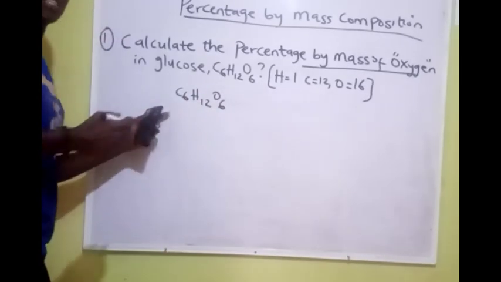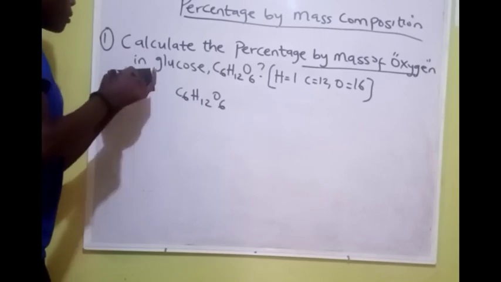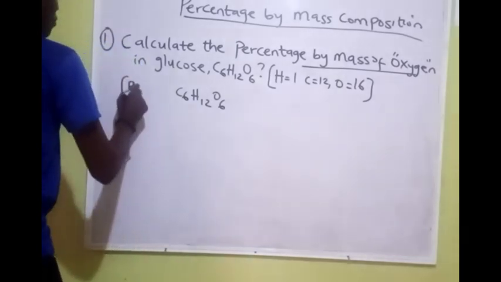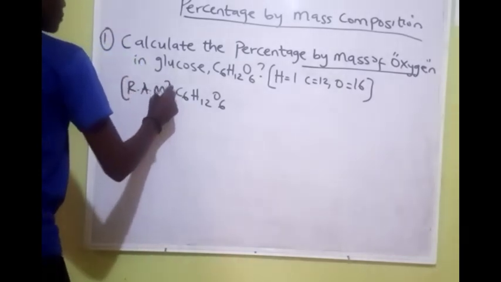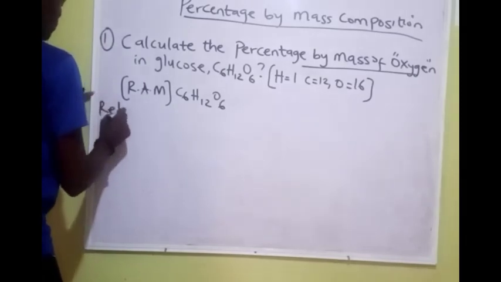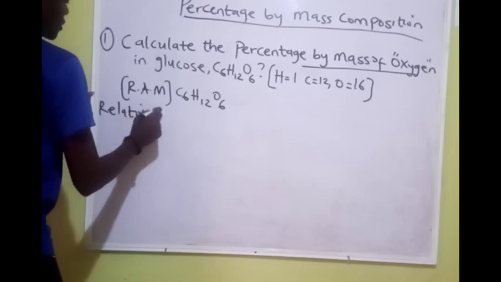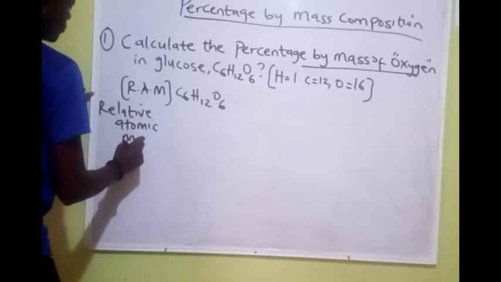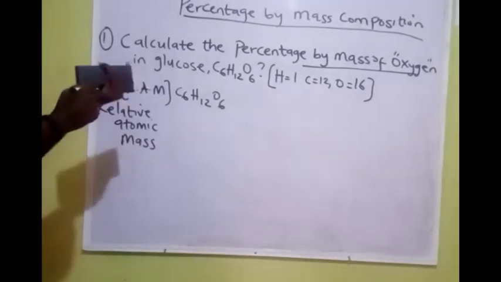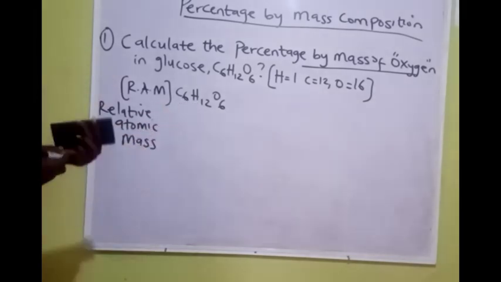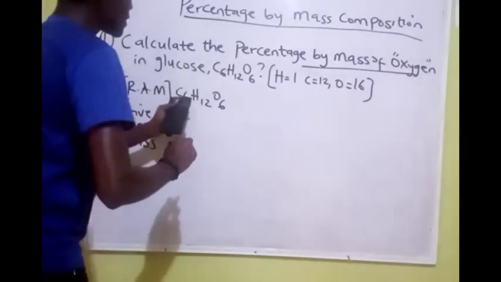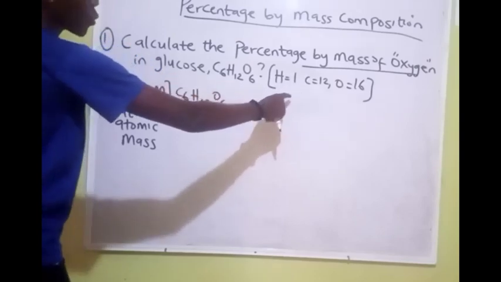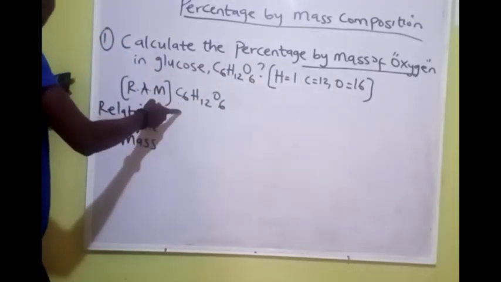So we're going to calculate the relative atomic masses of these elements. That's relative atomic mass, RAM. So we're going to calculate the relative mass of this compound here, glucose. So we have C6 here, right? So we have C here, that's carbon, given to us as 12. But because of this subscript here, 6,